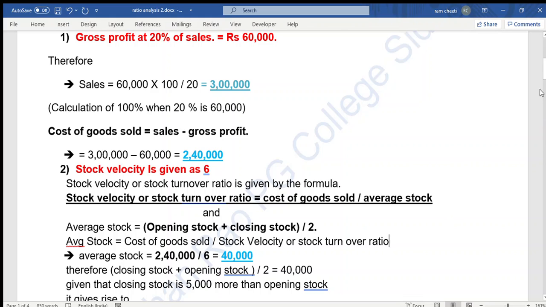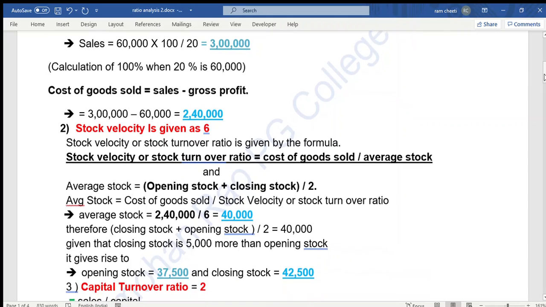Okay, so I've simply interchanged the figures. Yeah, so average stock is equal to cost of goods sold divided by 6, that is stock velocity or stock